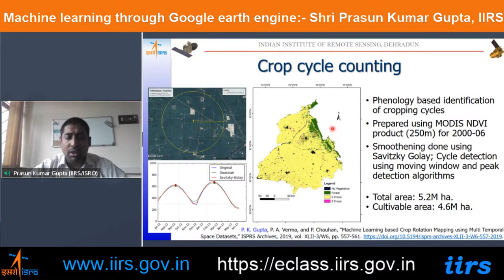So we did this study over Punjab, and this yellow color basically shows the pixels where two crops are grown. The rice-wheat cycle is happening throughout Punjab. The northern part has some forests, but recently, due to some improved practices, some places around Amritsar have started growing three crops. So this kind of intelligence can be derived using remote sensing data for each